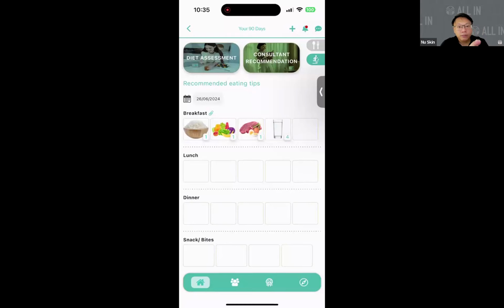I want to talk about the top two buttons on top as well. We have added this new feature, which is the diet assessment. This is also feedback coming from the focus group consultants. They told me that before they actually start the program, sometimes they will do a diet assessment with their customers.